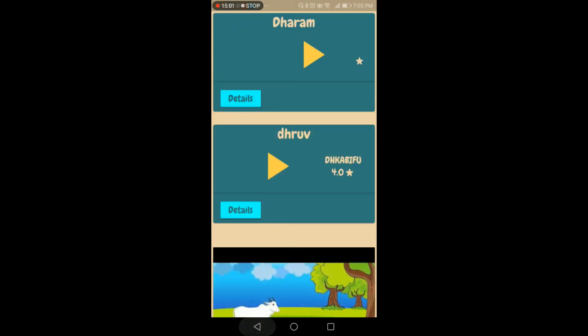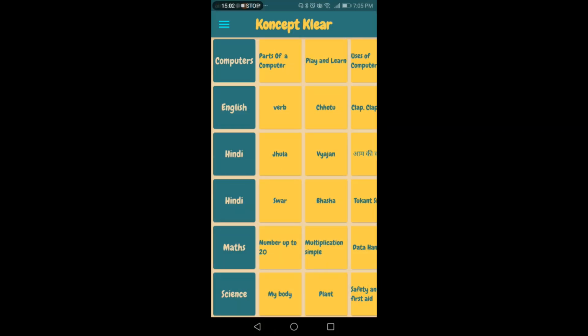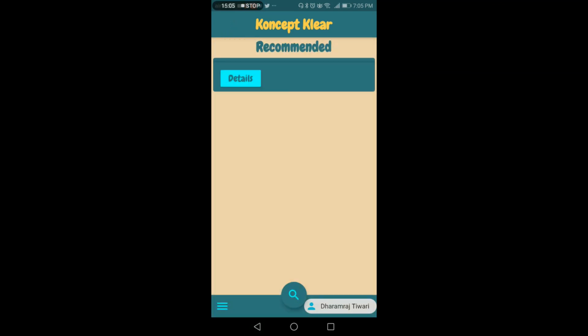Okay, and this home page which I am testing right now, which is still not developed, here the students will get the profiles of the teachers from each subject, and the profile is going to be of the teacher who is the best on that particular day. So every day the app will pick the best teacher.